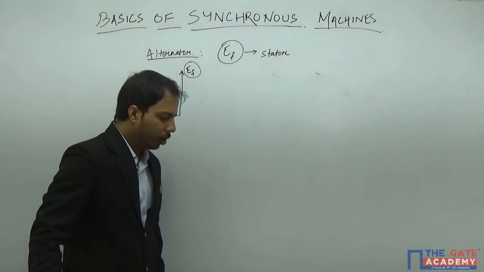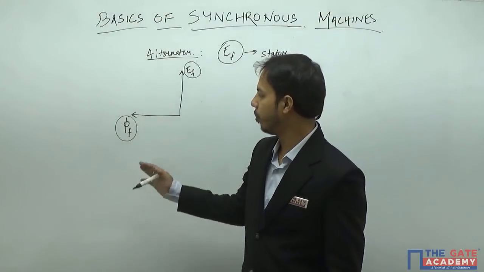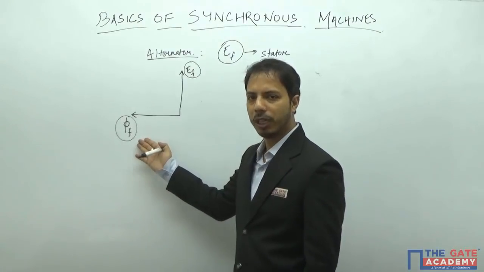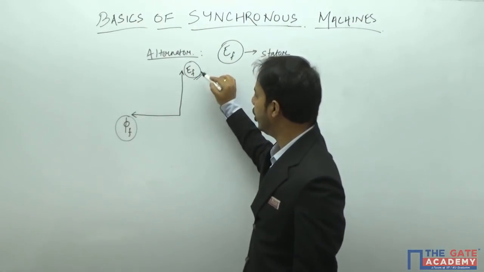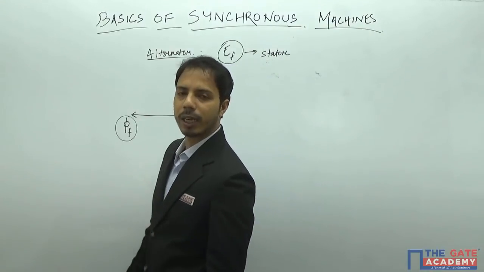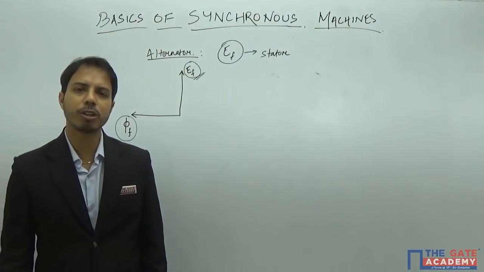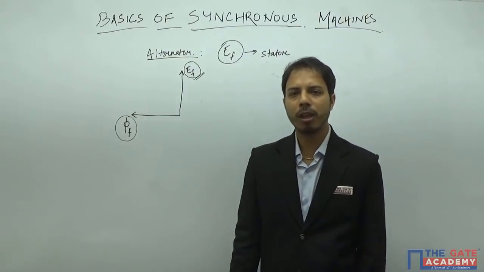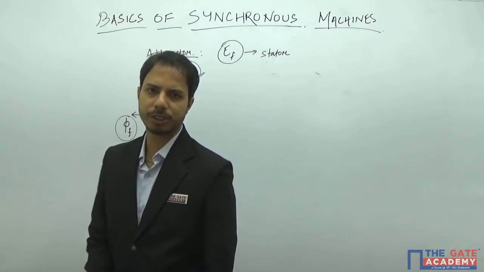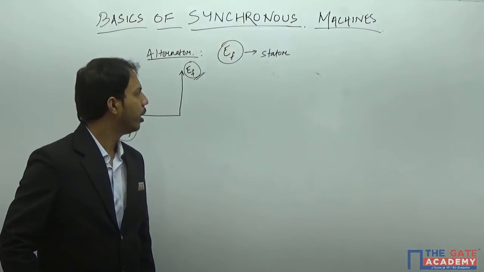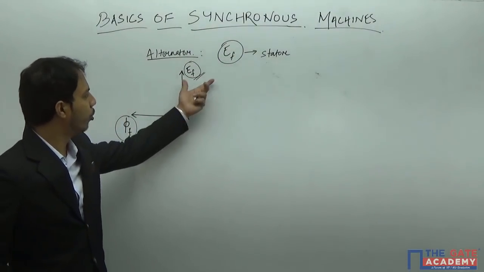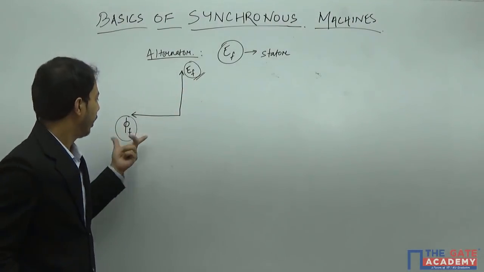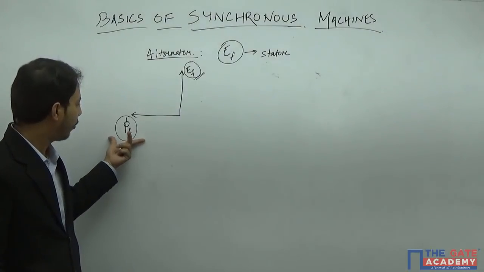It is important for us to have a sinusoidal field flux so that the induced EMF is sinusoidal and we do not have distortions. If there are distortions in the induced EMF, we will have harmonics in our voltage. So, to remove the harmonics and have a smooth sinusoidal induced EMF in the stator, we need to have